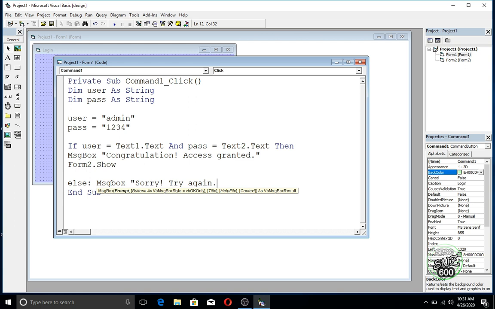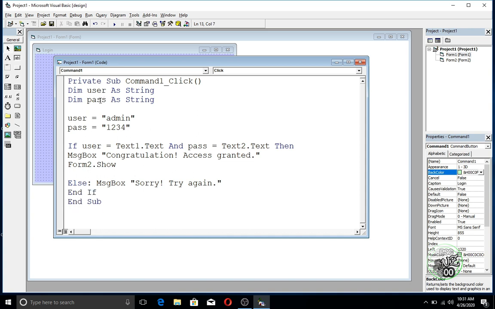Give this message, sorry, try again, and come out of the program. So now as I use if then else construct, I need to close the if then else. Here it is, the code is done.